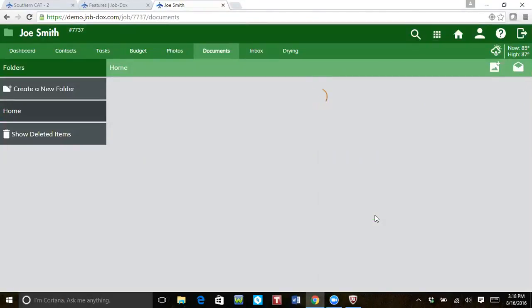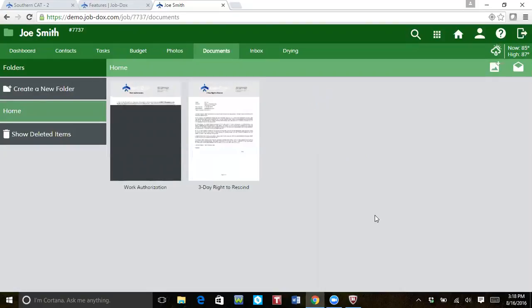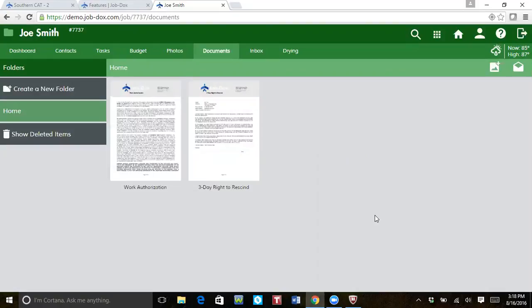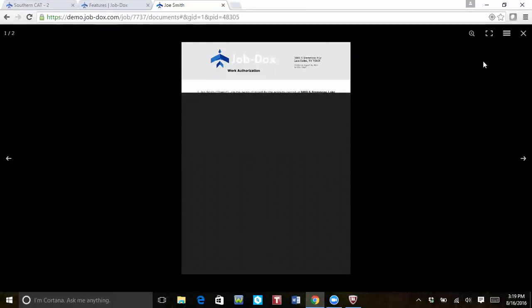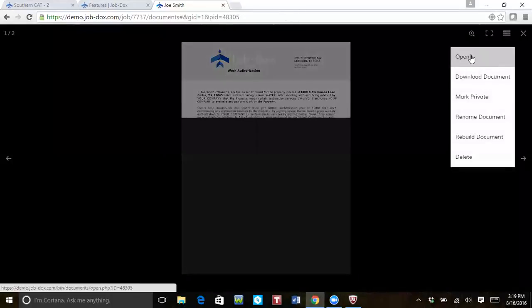Additionally, just as part of the normal business process, the state of Texas requires that if you sign a document in someone's place of residence, or you go to provide service to them, for them to sign a document, then you also have to generate a 3-day right to rescind document and present that to them in order to validate your contract. So what we've done is we got the work authorization here, and we automatically created a 3-day right to rescind document that they could access, your clients could access, and fill out if they decided they wanted to rescind the work. But just from this perspective, let me go in and open up this document in the PDF